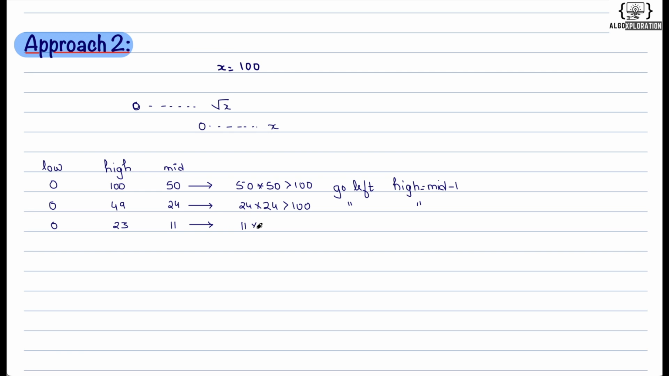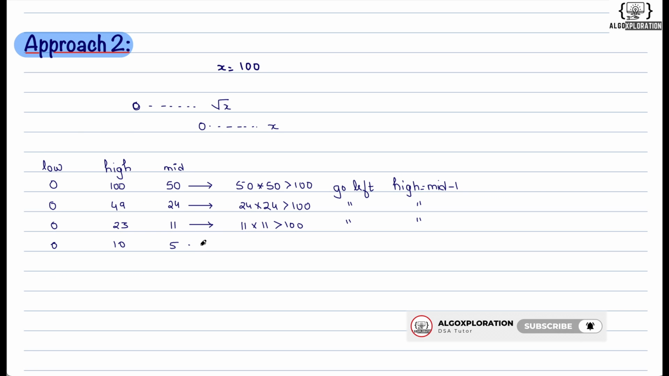So 11 cross 11, it is again greater than 100, right? So again we have to go on the left hand side. So here this will be 0, this will be 10. So 0 plus 10 whole divided by 2 will be 5,